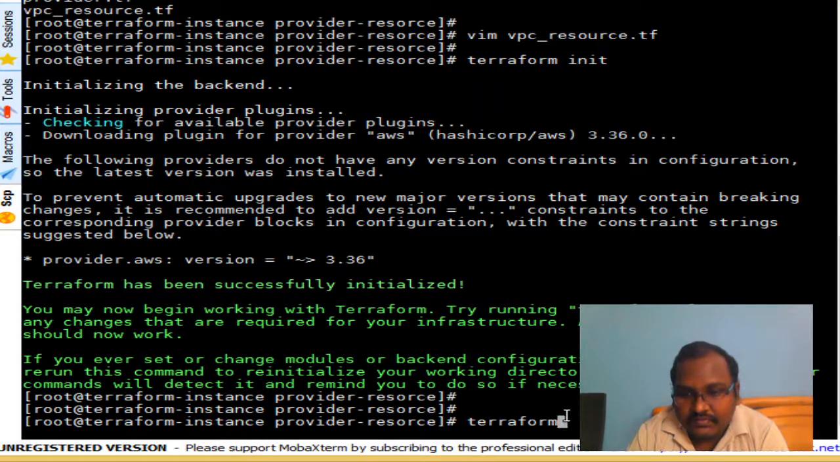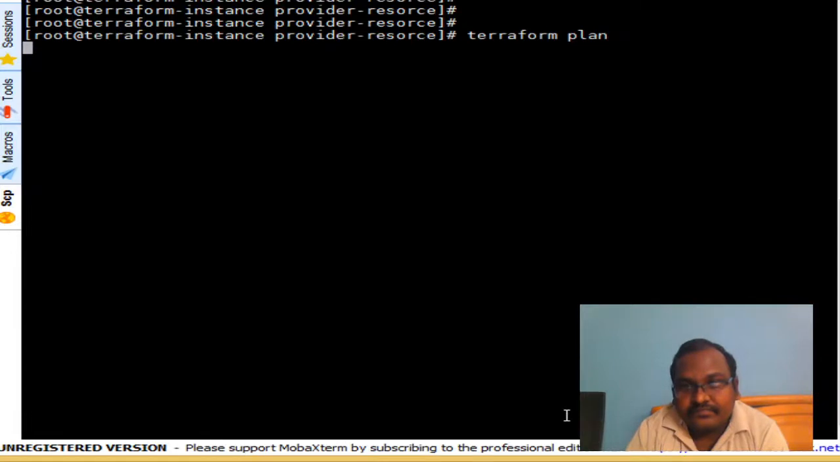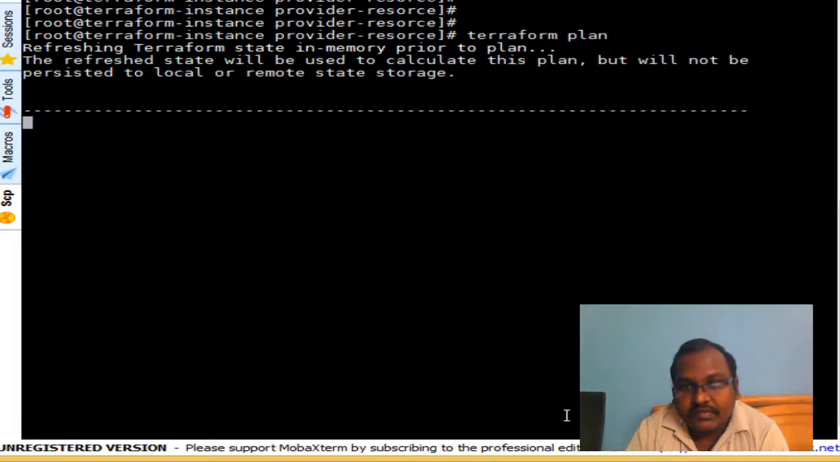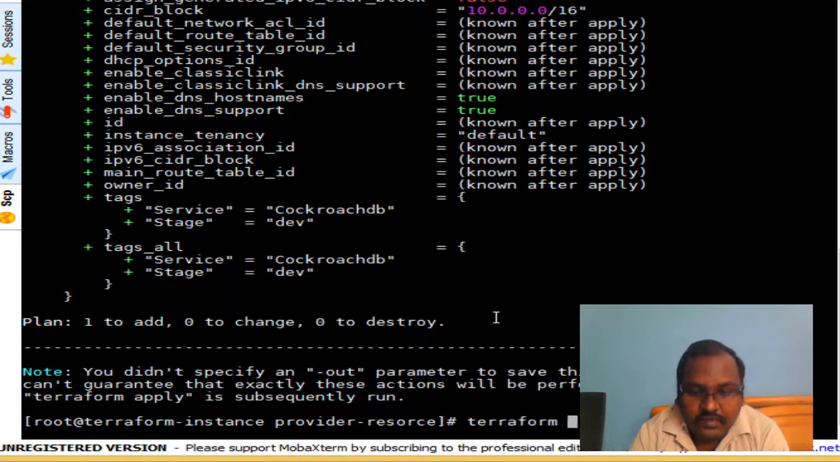Oh, I think it's not visible. Let me clear. Terraform plan. Terraform init, Terraform plan. We see Terraform plan. It is showing one to add. Basically it is showing the AWS VPC resource. This will be created. If we do Terraform apply,